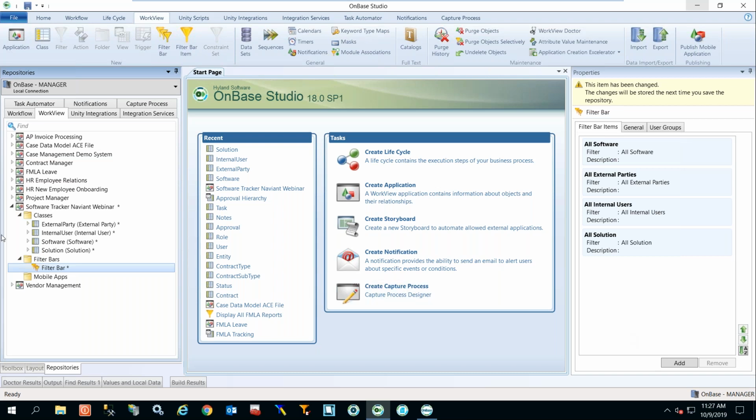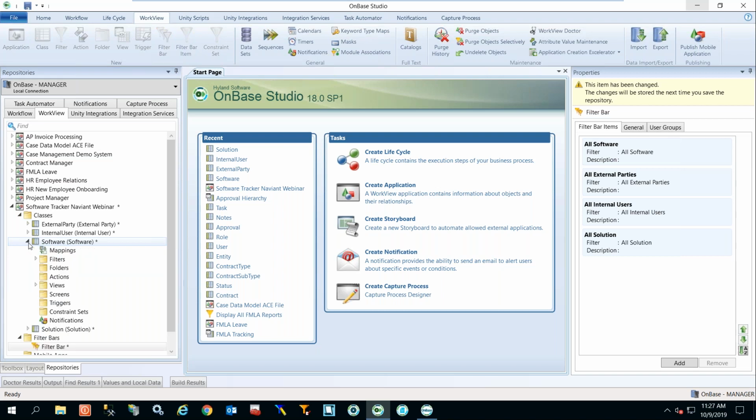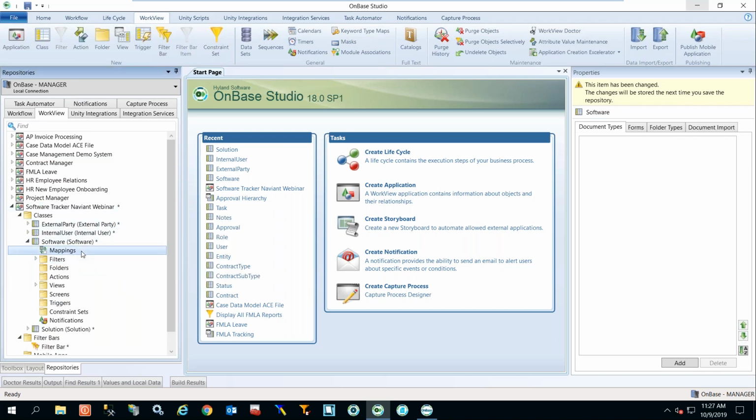So some other things to know. Let's open one of these classes up and we'll talk about some things that we can do within a class. So mappings. Mappings is your ability to tie documents to your application. So here you'll notice we have document types, we have forms, we have folder types, and we have document import. So what this allows is your ability to take certain document types and map them to an application. So if I click add here,